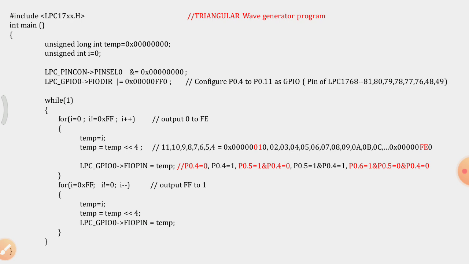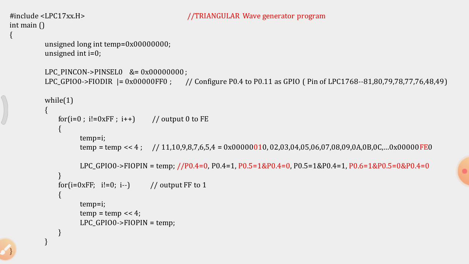These FIO pins are nothing but the pins whose direction we have already changed, P0.4 to P0.11. Then P0.4 is equal to 0 now. If it is incremented by 1, P0.4 equals 1. Then I is going to be 2. 2 means P0.5 equals 1 and P0.4 equals 0.